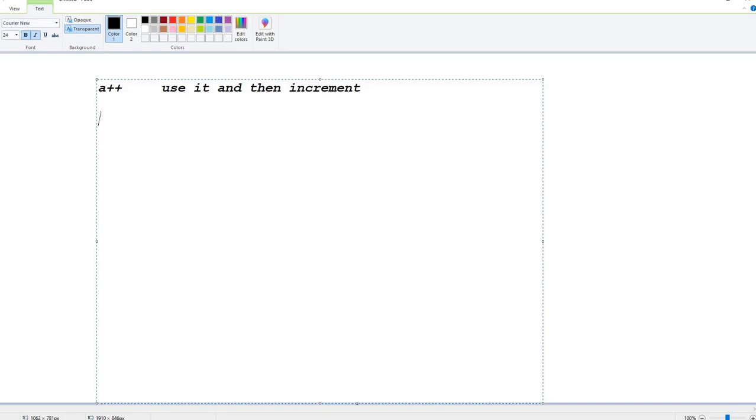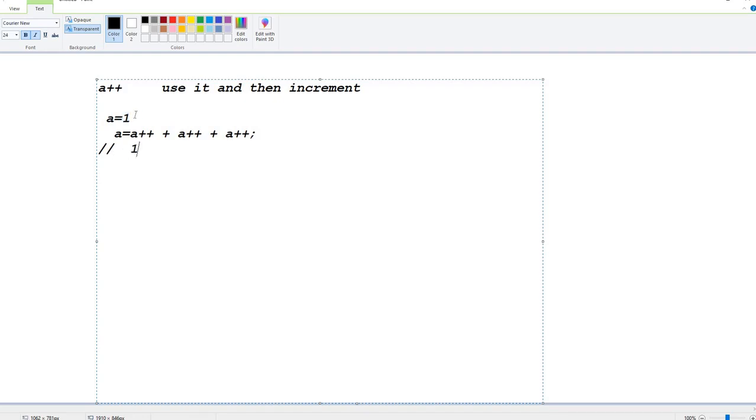For example, if a is 1 and I write a equals a plus plus plus a plus plus plus a plus plus. Now if you see here, initially a is 1, use it. What is the a value there? It's 1.